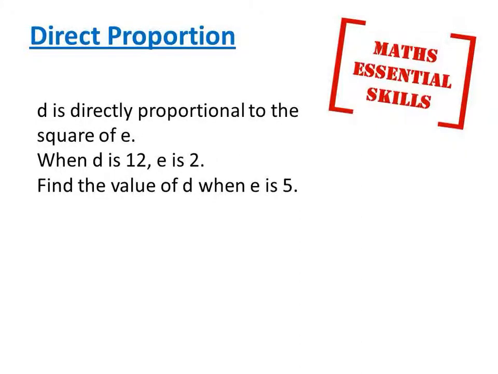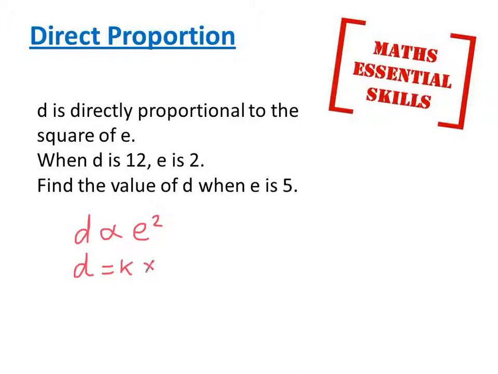This typical direct proportion question has a very familiar format. Get used to it and you'll find that every question looks the same. On this question, we know that D is directly proportional to the square of E, and that means E squared. To work out what the constant of proportion is in the question, we change the proportion symbol to an equals